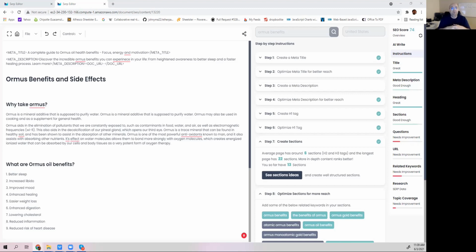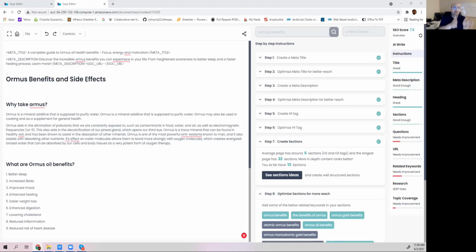Secondly, if you want to rank, you should have different content, not similar content. And this similarity may not be, let's say, 80% or something. So you have to create more content which is different from the other page.